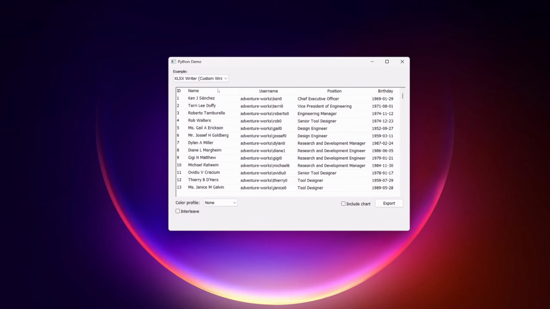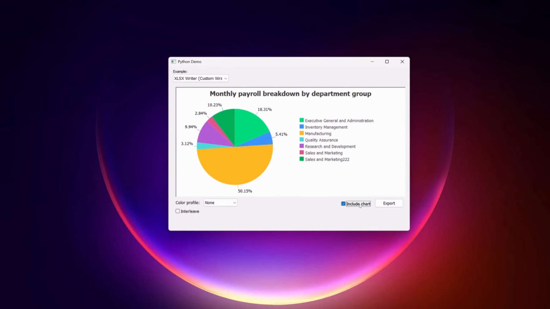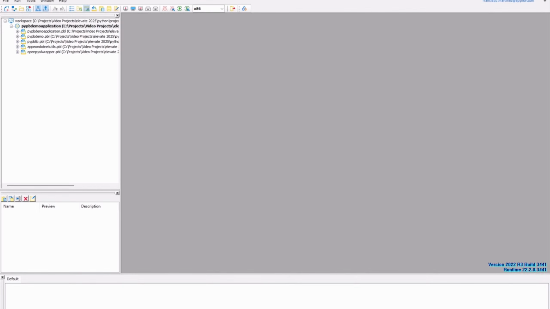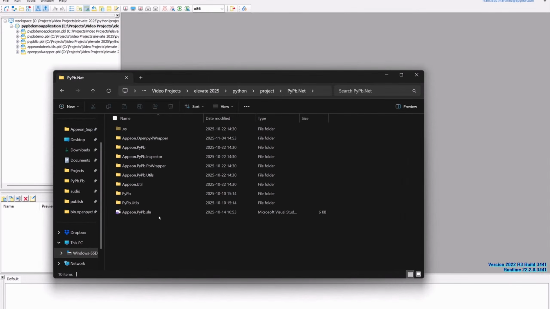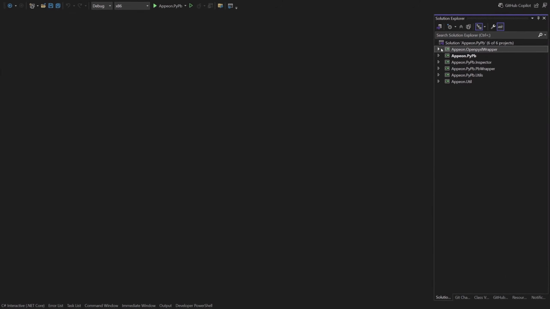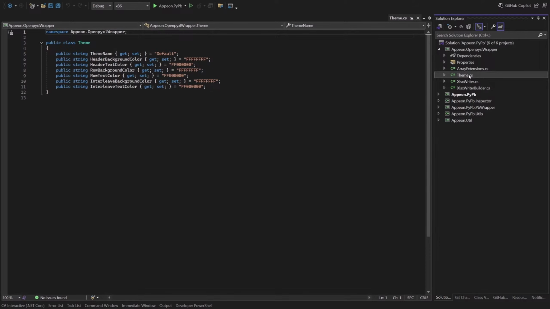This one has an additional feature for exporting a chart, which I'll be showing how to implement in Python. Let's first explore the C# solution that provides the function to the application. The Appian OpenPyXL wrapper project is composed of only 4 classes: the theme class, which defines a theme's parameters as